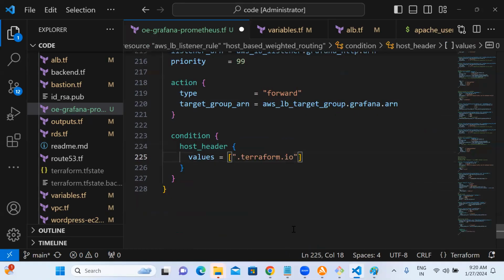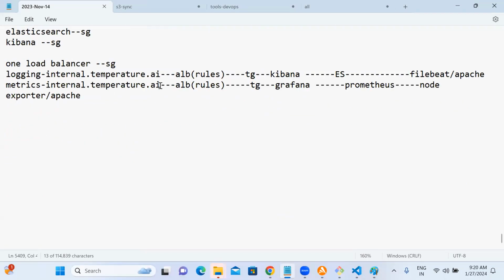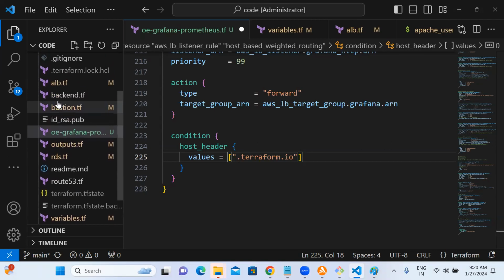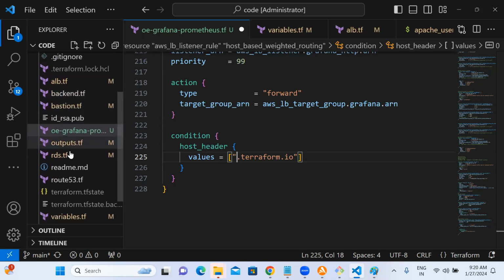What was the domain name I wanted to have? Kept somewhere here. Metrics. Let me check this, my zone. Yesterday we created the zone, right? Which file, man, here? Yeah.